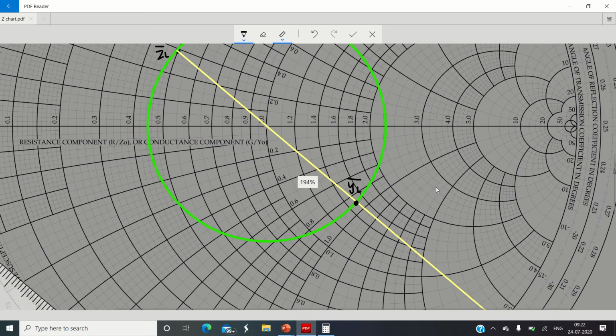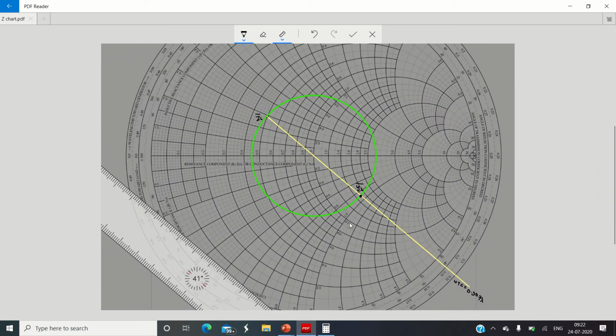Originally we plotted the impedance in the Smith chart, and the Smith chart was an impedance Smith chart. Now we converted the impedance into admittance, so the Smith chart is now treated as an admittance chart rather than an impedance chart. The circles which originally represented constant resistance circles now represent constant conductance circles. But please remember that we need to follow the sign convention for taking the imaginary sign as per the original Z chart, as usual.